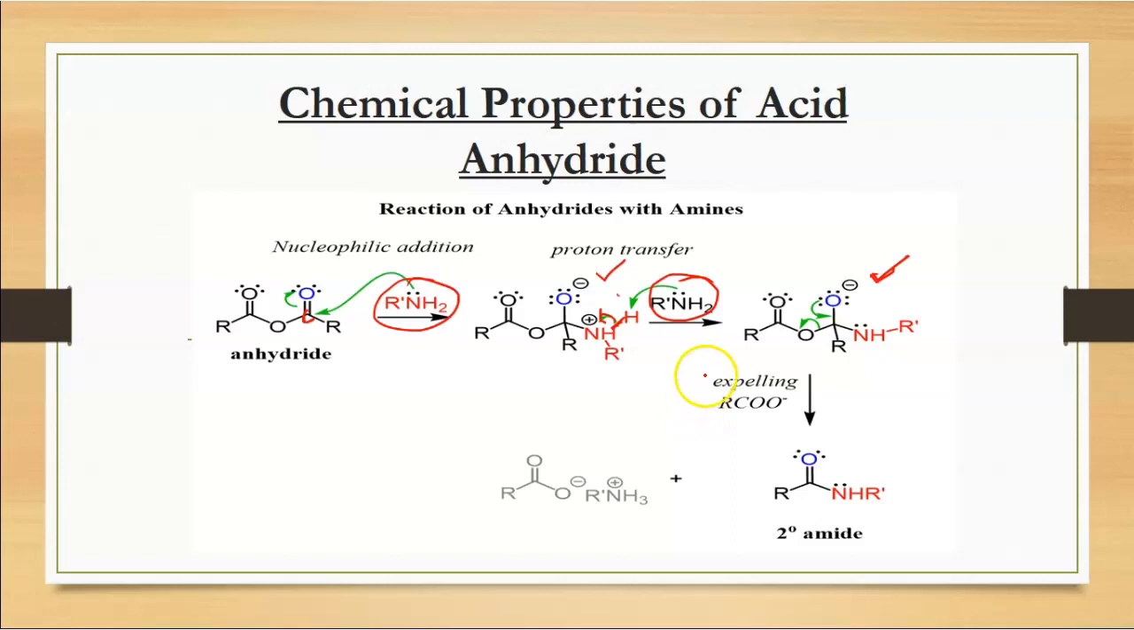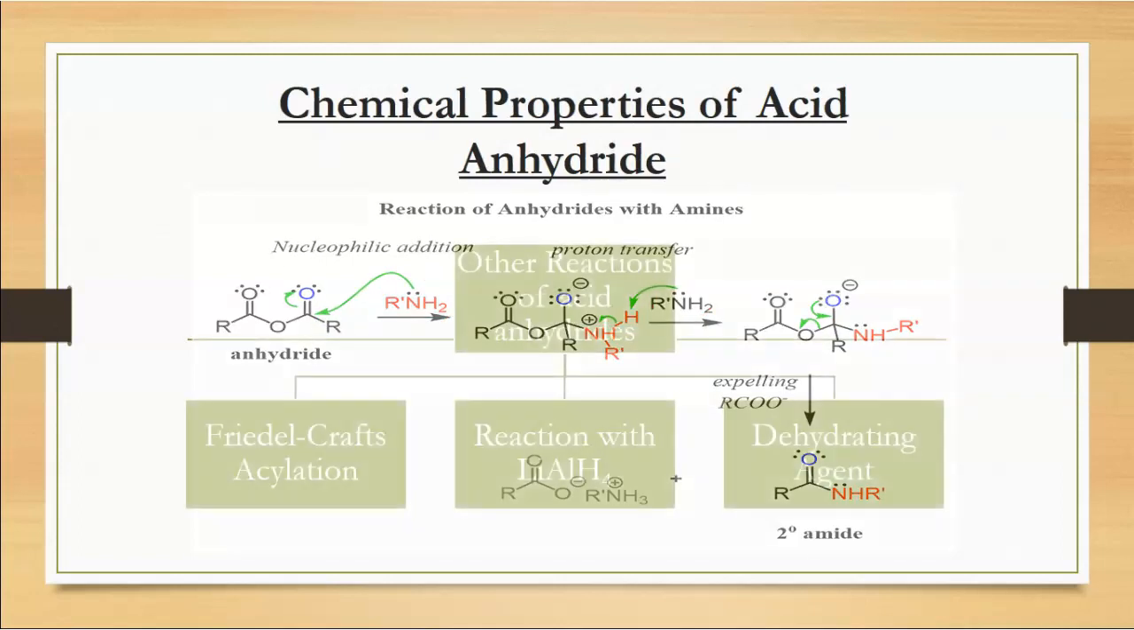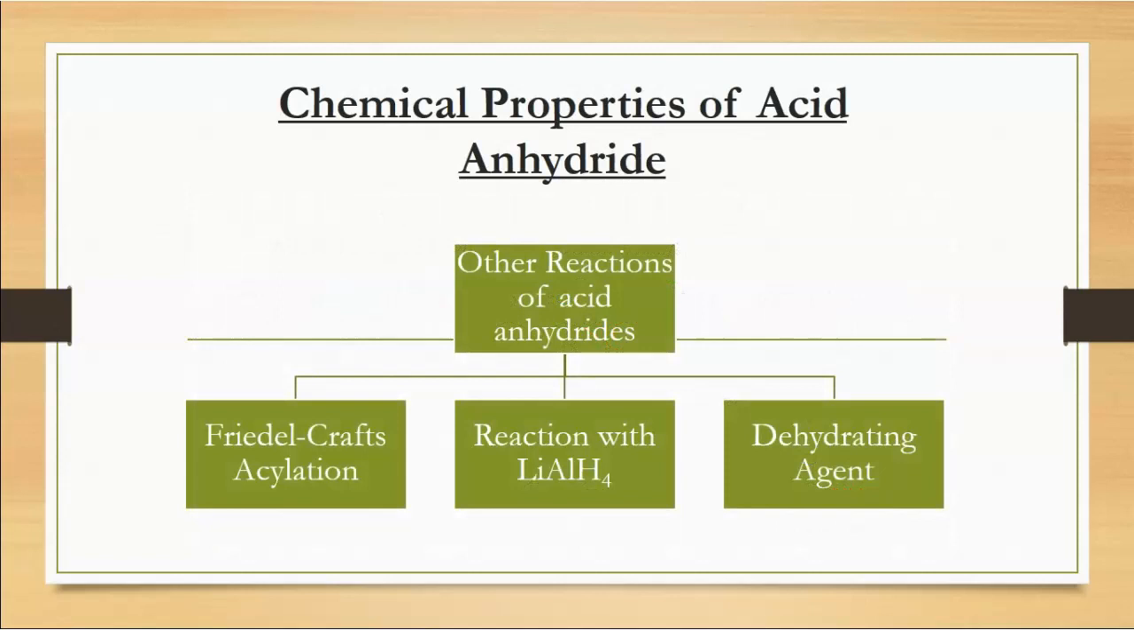Now in the ending, this step will remain the same, that is your third step, expulsion of carboxylate anion, which will give you your secondary amide and this side product as well. So the mechanisms are the same for your hydrolysis, your alcoholysis and ammonolysis as well. This is not that much difficult, correct? So let's proceed to the other reactions of acid anhydride, that are your Friedel-Crafts acylation, reaction with lithium aluminum hydride